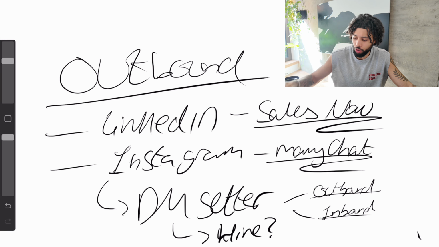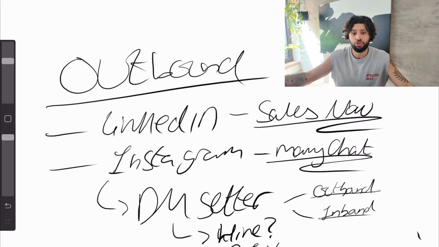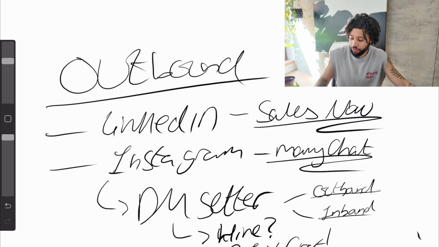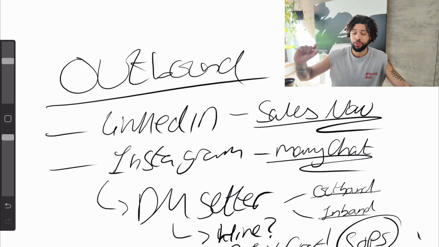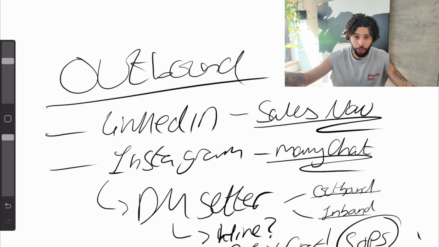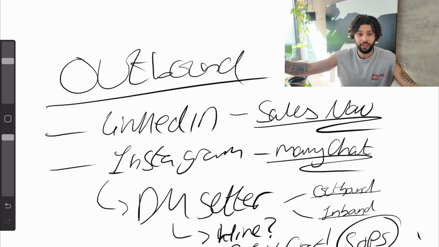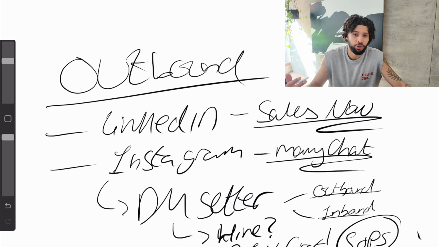You need to go in there, do it, understand the conversation flow, understand how your audience respond to you, and then you need to train a DM setter to replace you. So before you hire a DM setter, you need to have done it yourself. So do it yourself. And then you need to have SOPs. So SOPs are just your standard operating procedures. So you need to be able to document exactly what you've done that's enabled you to find the lead, reach out to the lead, start the conversation, build rapport, do your discovery, book them in on a call, or book them into your lead magnet, or get them into your top of funnel. You need to be able to document that entire process,